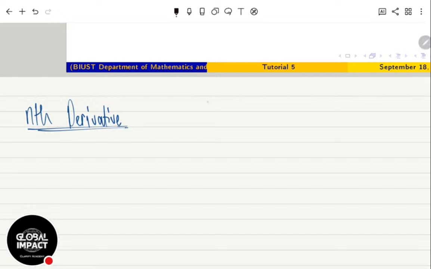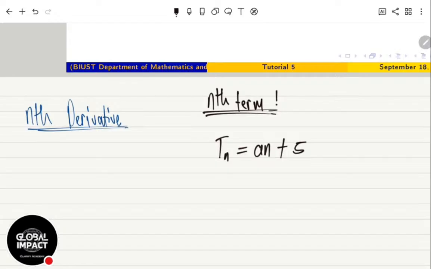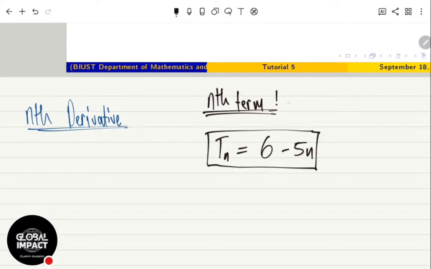Now, if you remember in high school, you did something called nth term, right? When they would ask you to please find the nth term, for you to know that you have gotten the answer correct, you needed to have something like Tn is equal to an plus 5 or whatever, or 7n. Some could have 6 minus 5n or something like that. But it was always a formula. For you to know you have found the nth term, it is a formula which we can use to find any missing term.